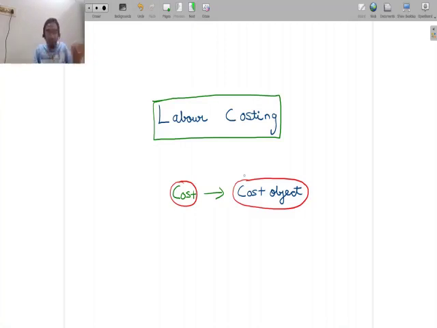An entire division could be one cost object. So we looked at product as a cost object, we looked at service activity as a cost object. Sometimes a division in a large company could also be a cost object. Let's say I am a big manufacturing company. I am into the manufacturing of 4 types of products. Let's say product A, B, C and D. Now I have division A which manufactures product A, I have division B which manufactures product B, I have division C which manufactures product C, and I have division D, let's say, that manufactures product D.